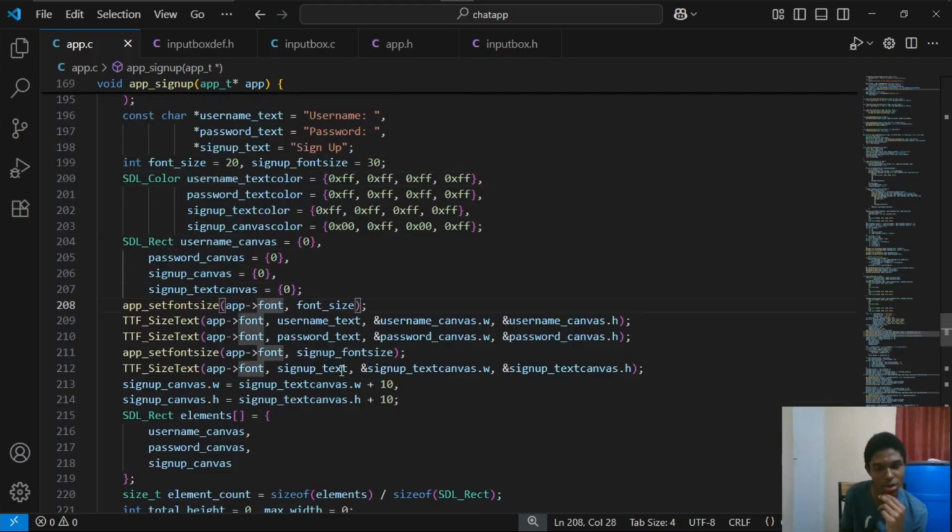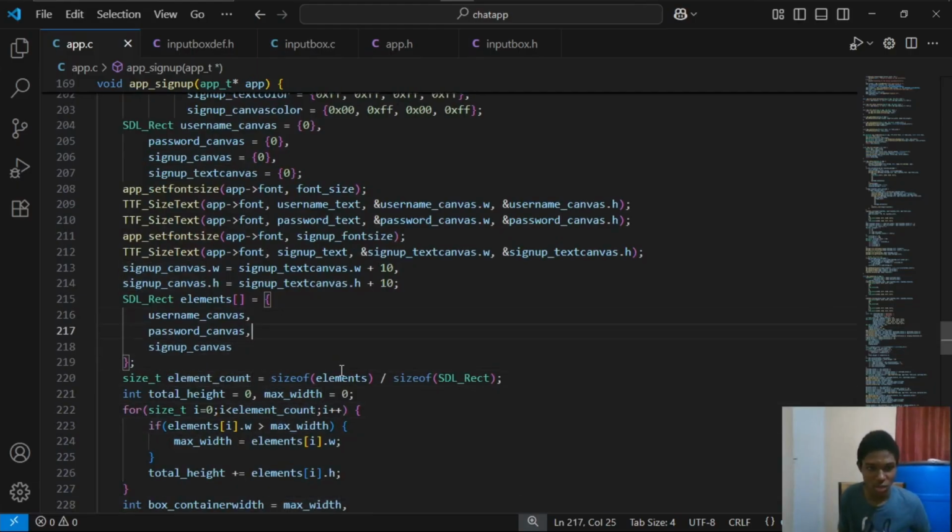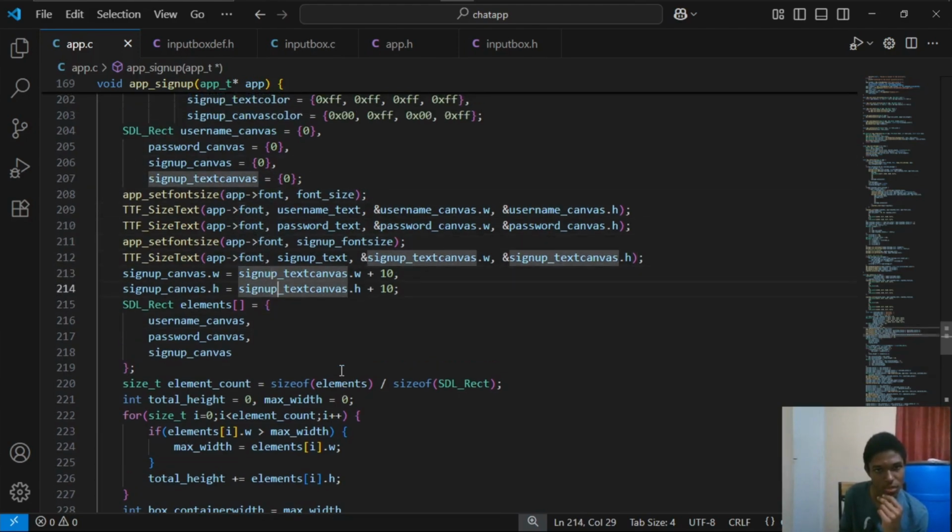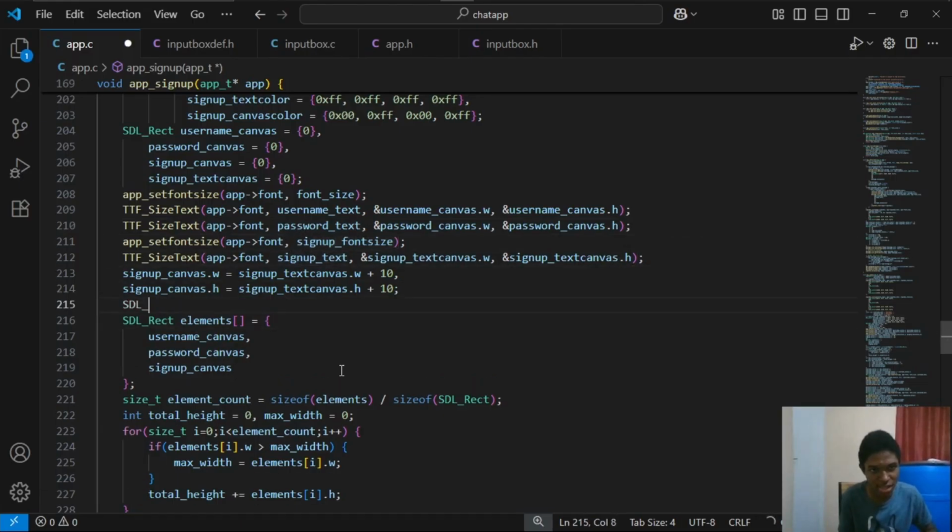Alright, so one thing we could do is simply, because we need to, we could create two new rectangles. Let's just create an SDL array. So let's just call it username field, and we'll